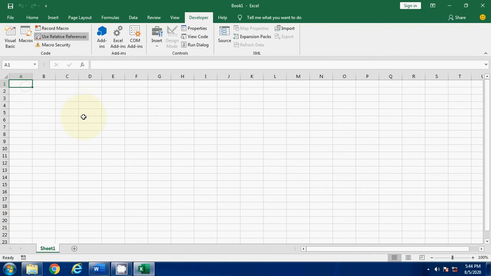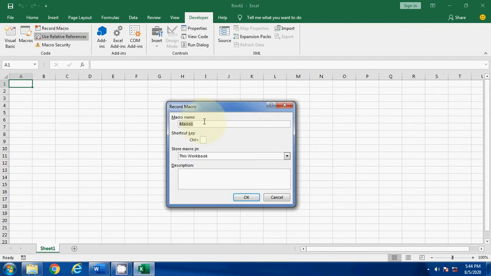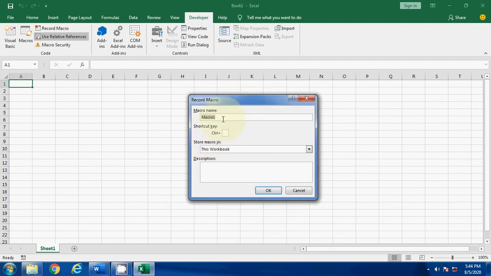Now when you are starting macro recording, you will get this type of dialog box. In this, first the macro name is there. I am giving a short name for the macro. The Record Macro dialog box displays the macro name first, then the shortcut key. You have to give a shortcut key which is not in use. Suppose Control Q is not in use, so I am using this one. First check that it is not an important command. Otherwise that shortcut key will not work for this workbook, or whatever workbook you are selecting for the macro.